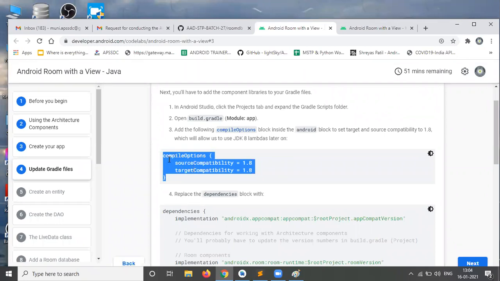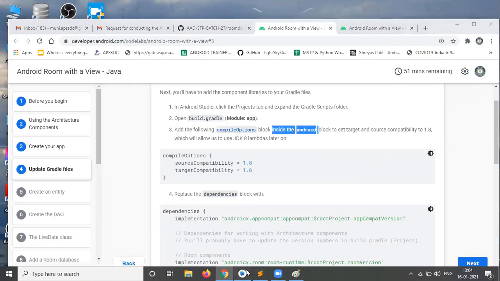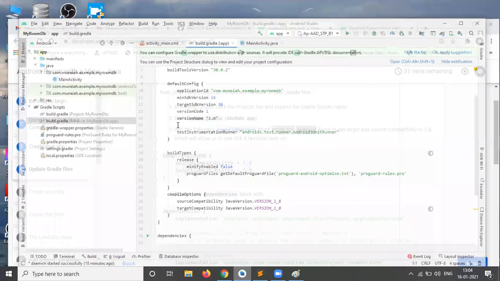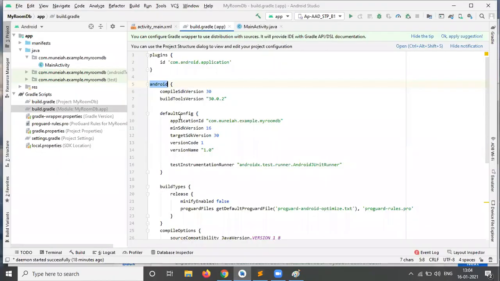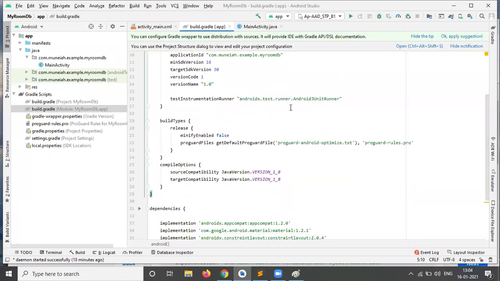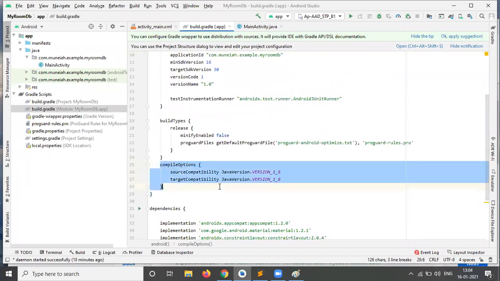Okay. So we can copy this compile options code and open Android Studio. Where do we need to add it? Inside the android block. Here I have the android block, opening brace and closing brace. For Android Studio 4.1 onwards, it will come automatically.